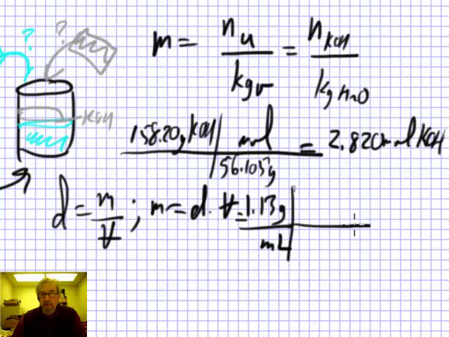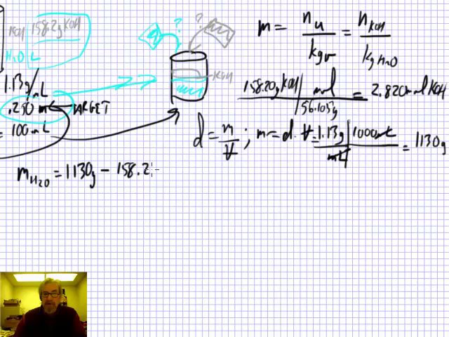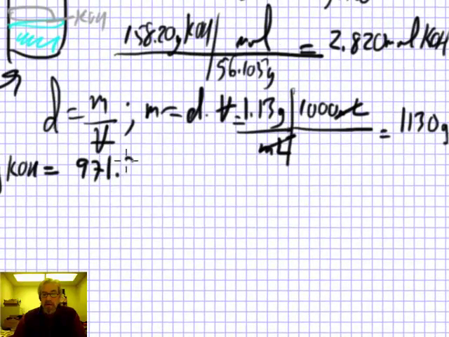And if we have a liter of this stuff, that's 1,000 milliliters. So the total mass of the solution is 1.13 times 1,000, which is just 1,130 grams. So the mass of water is the difference between that 1,130 grams and the part that we already know as KOH, which is 158.20 grams. When we subtract, we get 971.8 grams of water. In kilograms, that's 0.9718